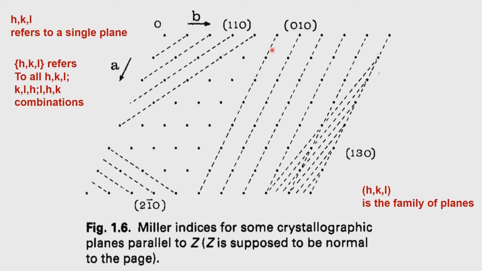So, 010 represents this, and suppose I now want to represent 130, that means 1 along the A direction and 3 units along the B direction. So, this has to move up here, and this is 1, 2, 3, and those are now the parallel set of 130. And similarly 2, 1 bar 0 is shown in order for you to understand the way in which the planes develop with respect to the crystallographic unit cell A and B with an origin defined. So, you have the family 110, 010, 130, 2, 1 bar 0, and when we put these normal brackets around it, it represents all the